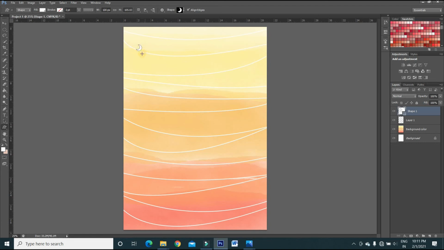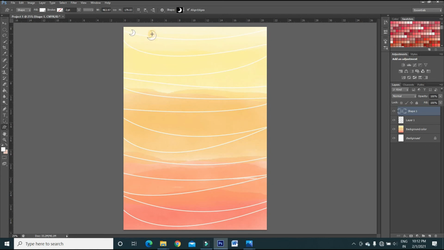To change the color of the shape, as we saw in our previous video, you can change it from here, but for now I want the color to be white, so I will leave it as it is. And using a mouse tool, I'm just going to adjust the shape, and then I'm going to again make some more size. I'm not going to keep on continuing the same size because I want the moon to be of different size. So here I have created a bigger one.